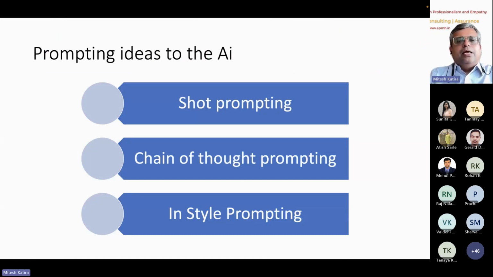ठीक है। प्रॉम्प्टिंग आइडियाज टू एआई। शॉर्ट प्रॉम्प्टिंग एक पद्धति है जहां पे मैंने एक शॉर्ट प्रॉम्प्ट दिया। शॉर्ट मतलब एक शॉट मारा। मैंने कहा कि एआई और एजुकेशन के बारे में एक पीपीटी बनाओ। ये शॉर्ट प्रॉम्प्टिंग हुआ। चेन ऑफ थॉट प्रॉम्प्टिंग, जहां पे मैंने मल्टीपल प्रॉम्प्ट्स दिए और एआई को डिफाइन करते गया क्या चाहिए आउटपुट में। और तीसरे केस में मैंने इन स्टाइल प्रॉम्प्टिंग, मैंने कहा कि अमिताभ बच्चन जी की तरह से इस कविता को लिखो।